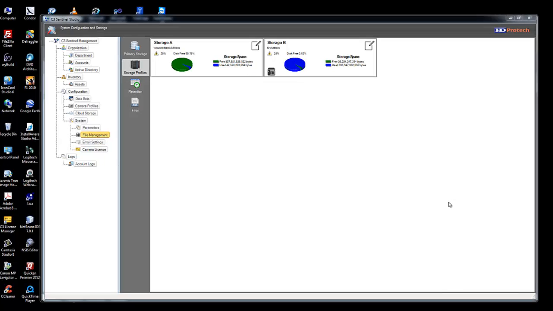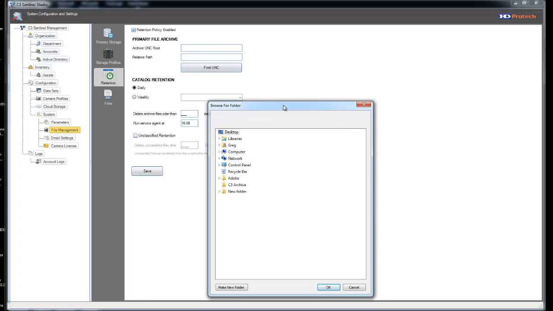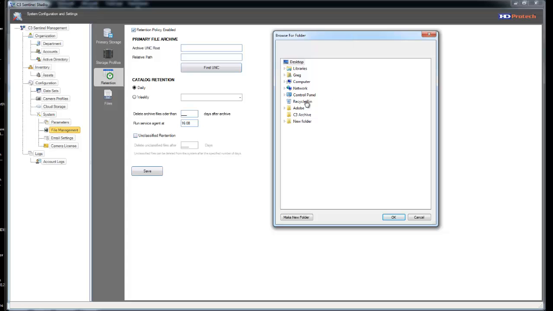Now let's look at retention and files. We set the retention when we create a classification. So we set the number of days it'll be in the system until it gets purged. But what we want to do is turn on the retention policy, and we're going to tell the retention system